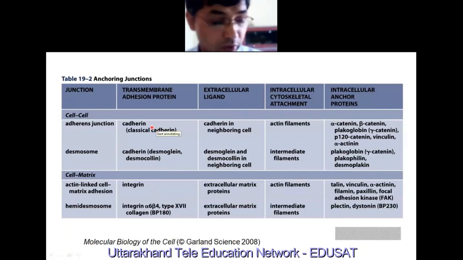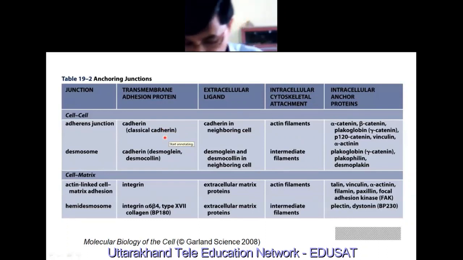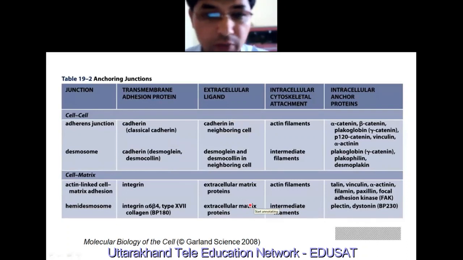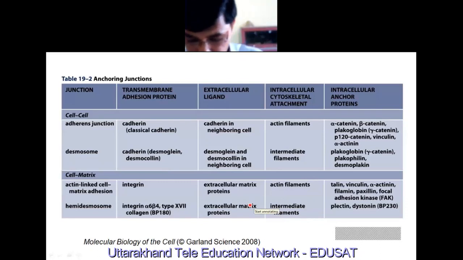Now you have to note down all these things in your notebook. Cadherin is present in all multicellular animals. Cadherin is present in the genome of all multicellular animals whose genome has been mapped, okay. Even then, it is also found in choanoflagellates. Even this cadherin molecule is also found in choanoflagellates,